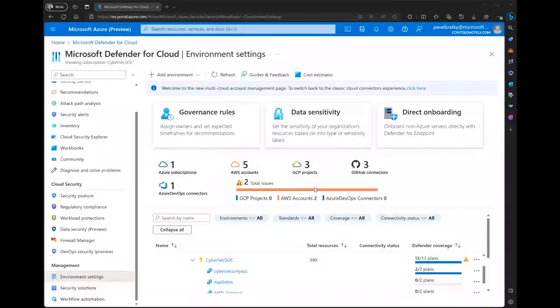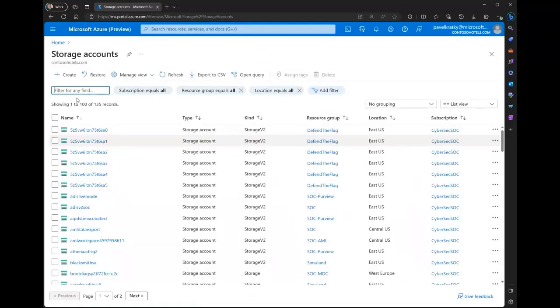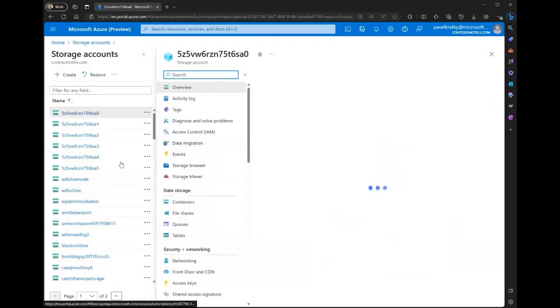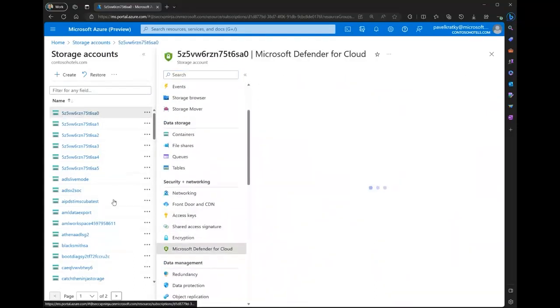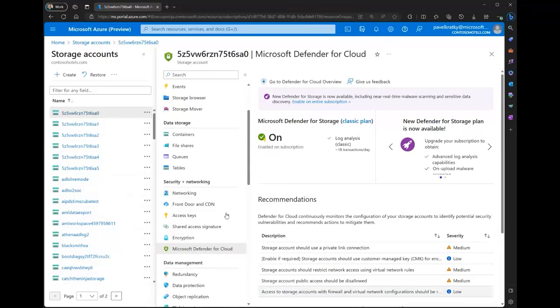So last thing I wanted to mention is the discovery scanning and the supported resources. So the types of resources, as I mentioned, if you have just Defender for Storage enabled, let's see how this looks in Defender for Storage account. In Defender for Storage account, if you go to the Microsoft Defender for Cloud blade, here we have a classic plan, but in case of the new plan, you would have the option to enable malware